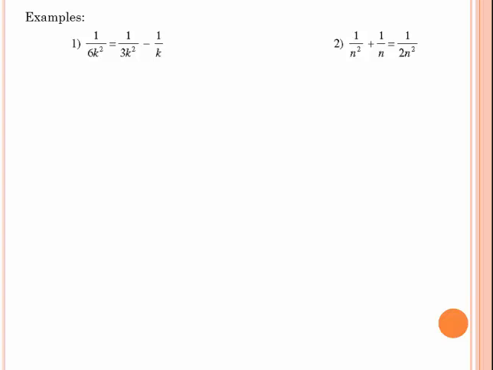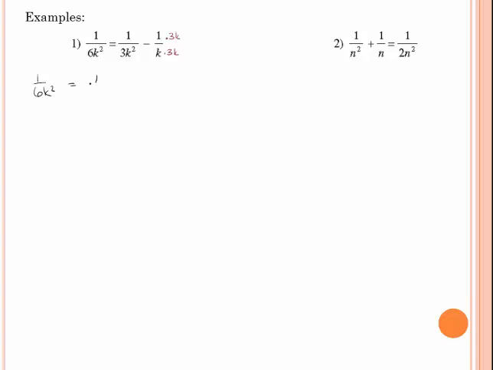So here we have some examples. These are some simple rational expressions in that we have monomials as our denominators. 1 over 6k squared is already simplified, so that will stay exactly as it is. But now I have 1 over 3k squared and 1 minus k. I need to give these a common denominator so that I can combine like terms. In order to turn a k into a 3k squared, I can multiply it by 3 and k. So if I multiply both the numerator and the denominator by 3k,